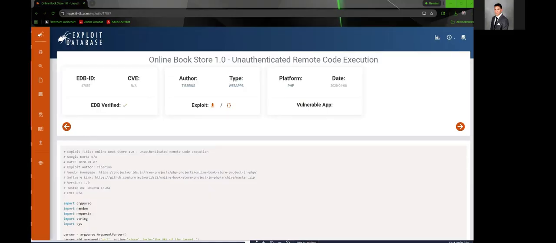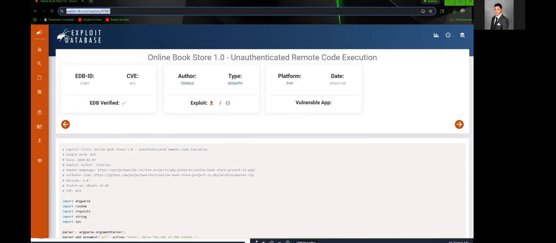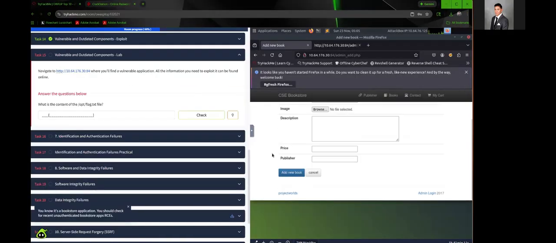All right, looking online, we can see that there's an online bookstore unauthenticated remote code execution exploit here. So I guess what we can try is this one. This is against the online bookstore 1.0 targeting Project Worlds, which we know this application runs based off of just scrolling at the bottom. It's got this Project Worlds thing going on. And the fact that it's an RCE and it's unauthenticated, but I was able to actually authenticate as an admin using admin, so yeah, let's try this one. So next one,